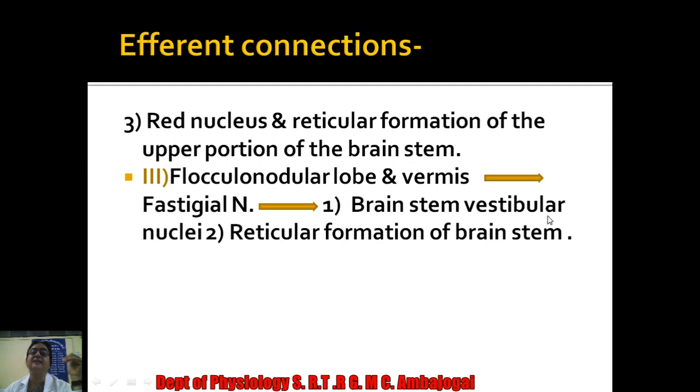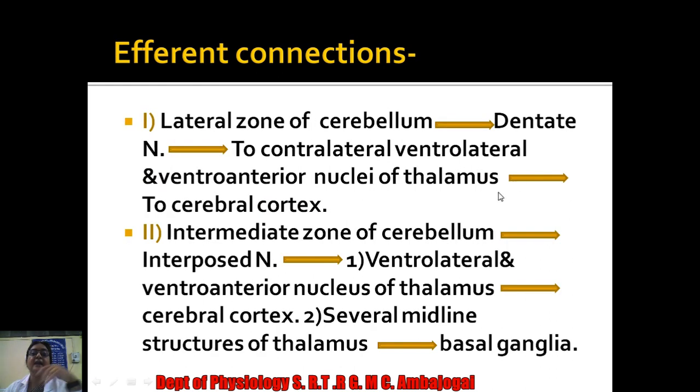So automatically that information is mainly sent to the brainstem vestibular nuclei and the reticular formation of the brainstem via vestibulospinal and reticulospinal tracts. They control the tone, posture and equilibrium. And here the motor execution of the peripheral part or distal limbs, for carrying out smooth purposeful patterned movement, is executed via the corticospinal tract and rubrospinal tract. That's why the information is going to the cerebral cortex as well as to the red nucleus.